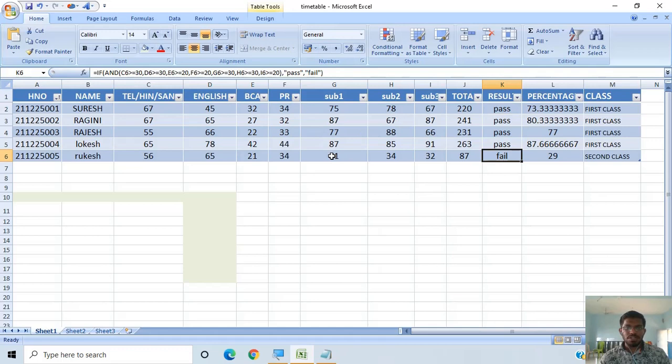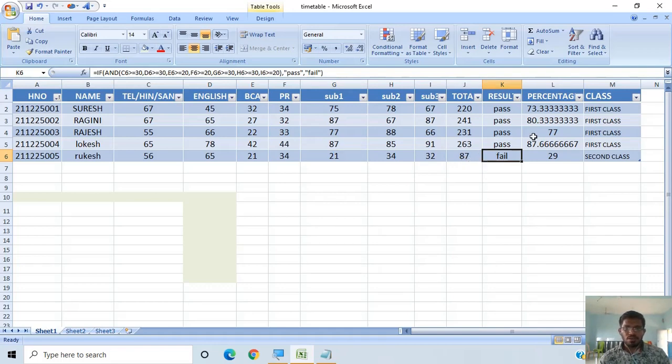See here, subject 1 has 21 marks, so that means G6 greater than or equal to 30, here it is not greater than or equal to 30, it is 21 only, so automatically the student gets the result as fail.